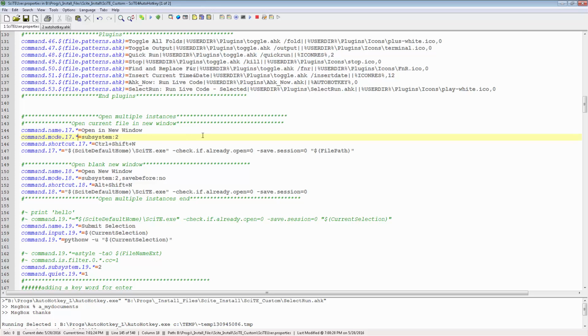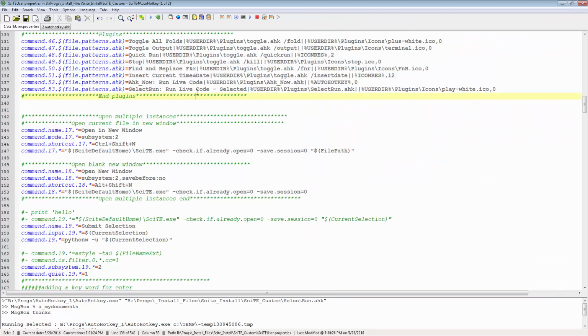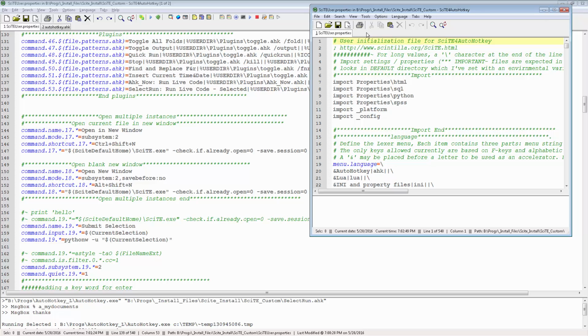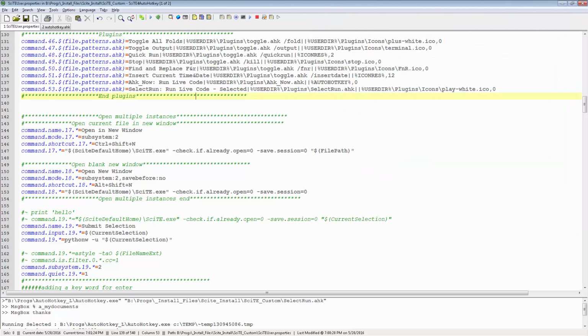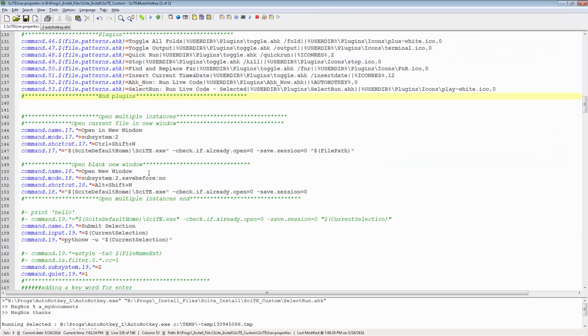All right, open new window. I like to be able to have more than one version of SciTE open, right? So if I hit Control-Shift-N, it will open a second instance of SciTE. And sometimes I just want to be able to be in one, switch to the other, and not have it as a tab, right? Or I have another one that does a window in window, which I thought was pretty awesome, but I was playing with it earlier and it was acting weird, and I was being lazy and didn't want to get into it. So Control-Shift-N